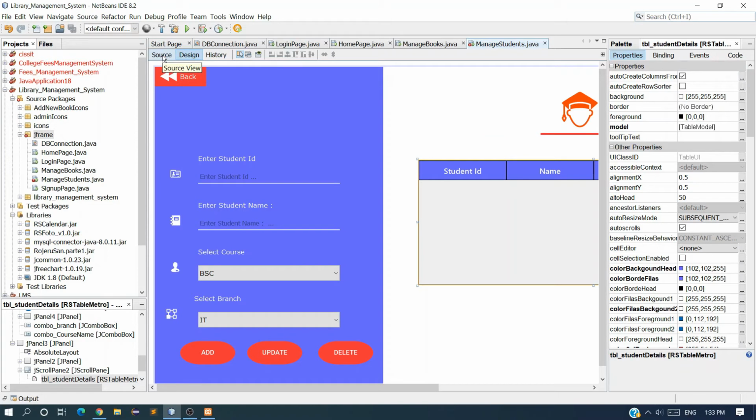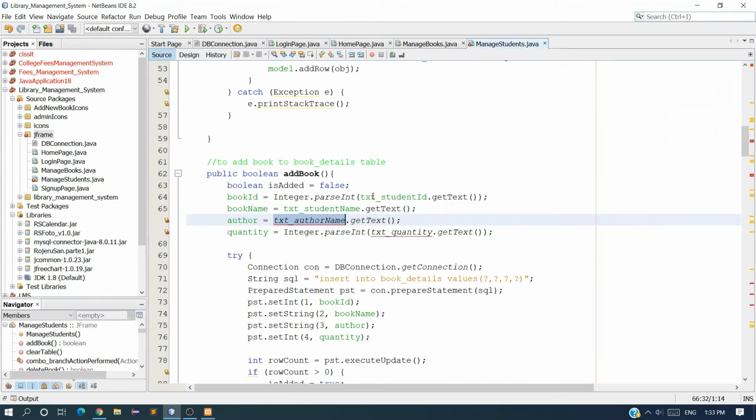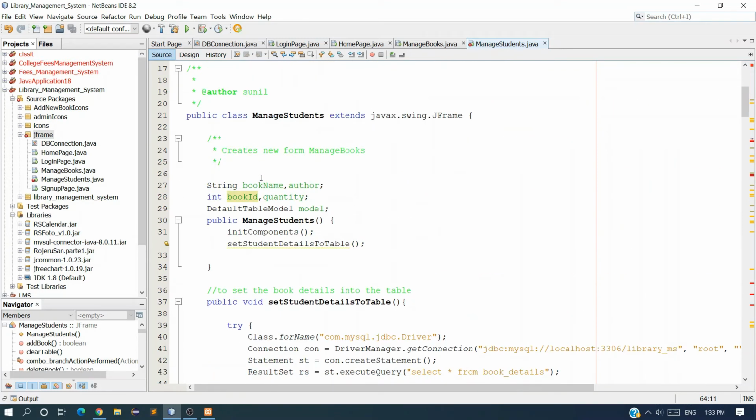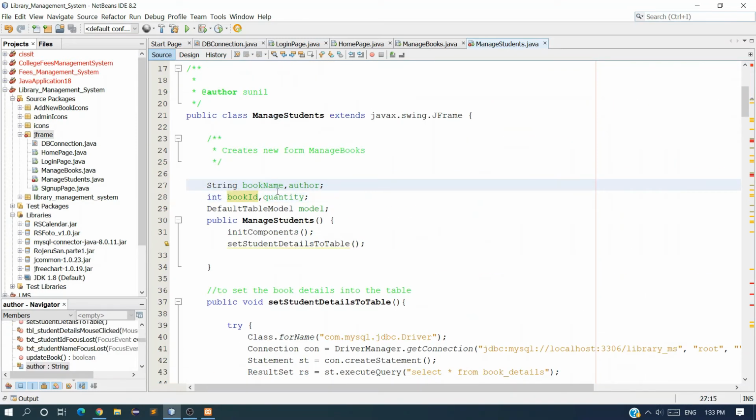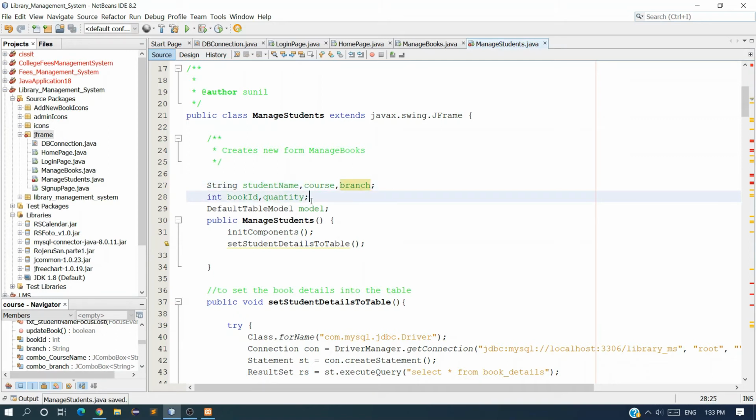So first we have to change the student ID. Let me start from the start, and book name here I want to take as student name, and the next one is course, and the next one is branch. Here only one int type data is available, which is student ID.